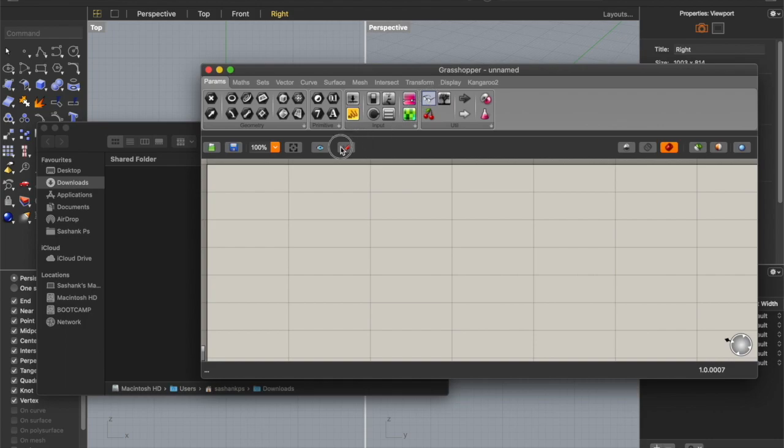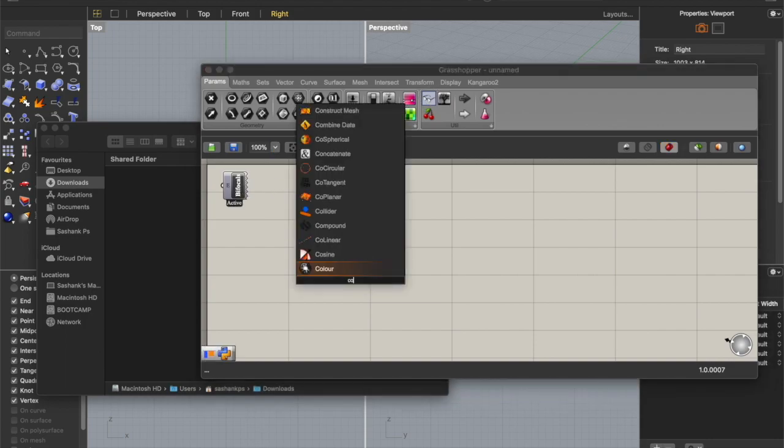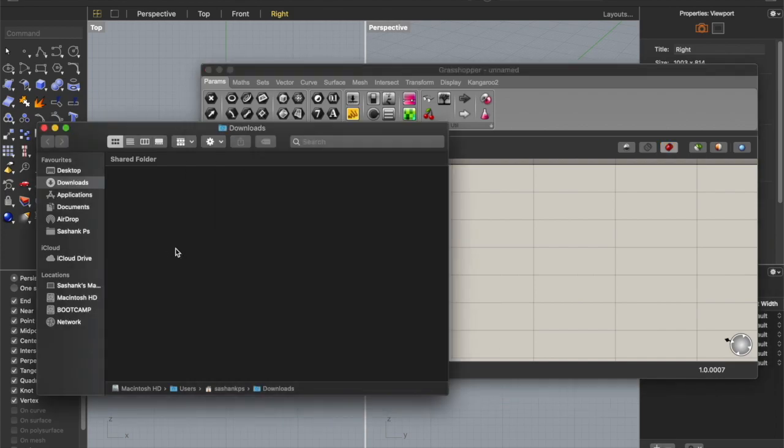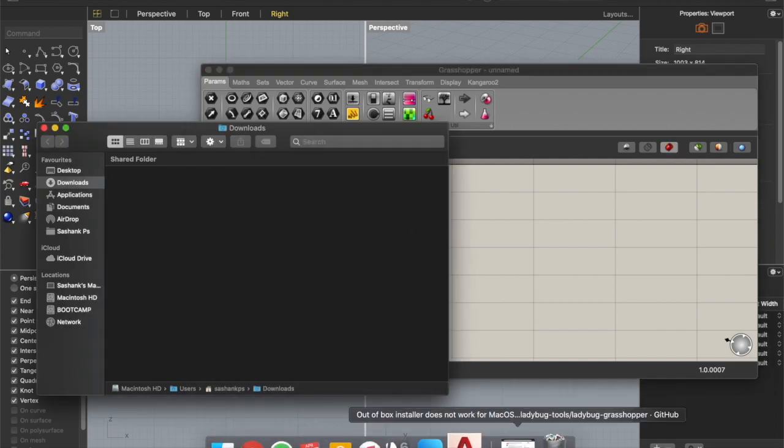So to start Bifocals, you need to put it onto the canvas, and then you type in construct mesh. Okay, so as we can see, this is how you install Bifocals. Okay, so the next one, it's going to be